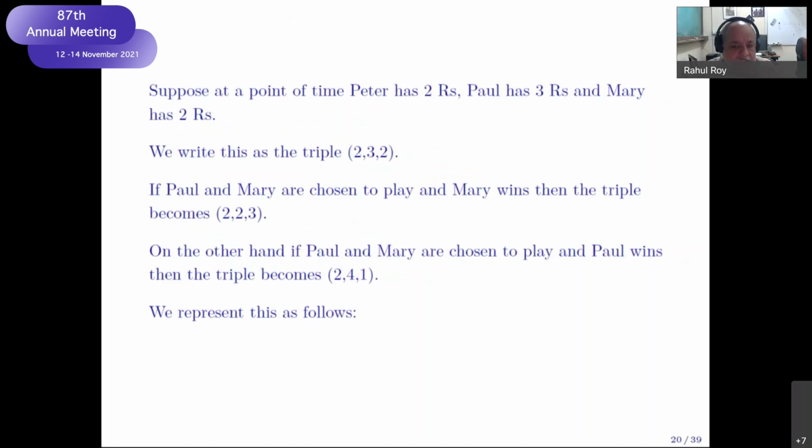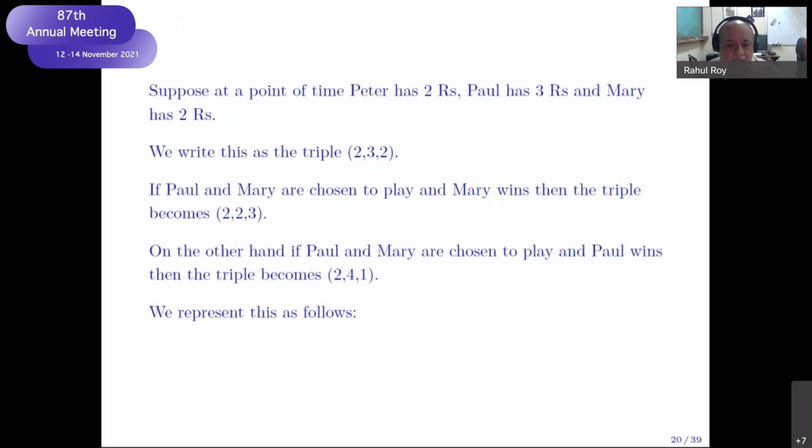So for this, I need to tell you what is a barycentric coordinate. Suppose at any point of time, Peter has 2 rupees, Paul 3, and Mary 2. We write this as a triple, 2, 3, 2. If Paul and Mary play, that is the second and the third coordinate, and if Mary wins, then Mary gets 1 extra rupee, so the triple becomes 2, 2,